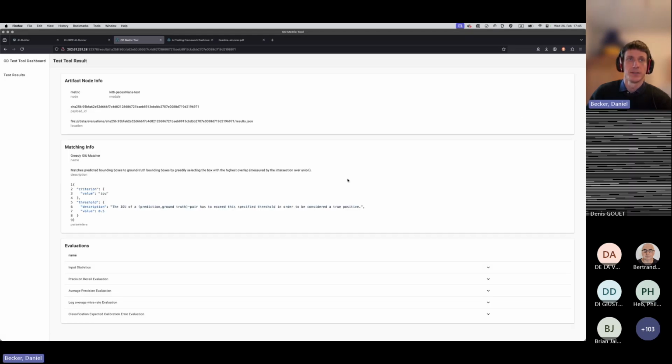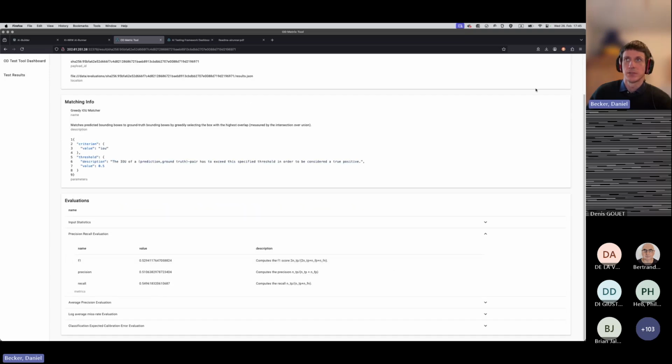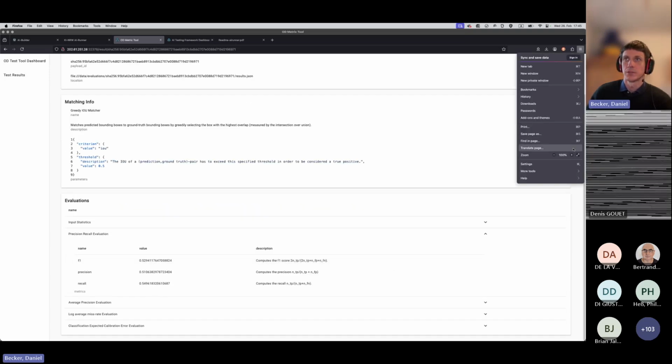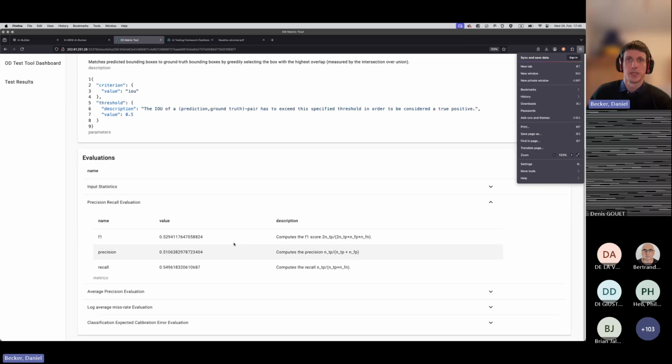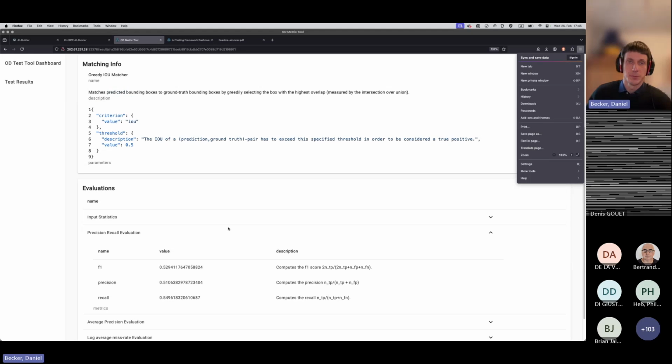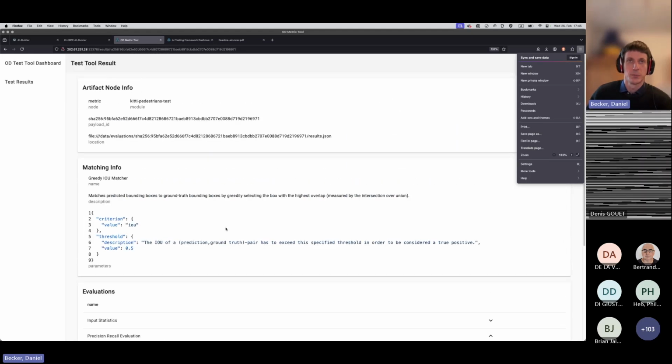I can look at this and, for example, look at performance metrics. I know it's a little bit small, I'll just zoom in a little bit. And then you can see here, for example, the F1 score, the precision and the recall. Don't mind that this is not a particularly strong model. It's just for illustrative purposes.